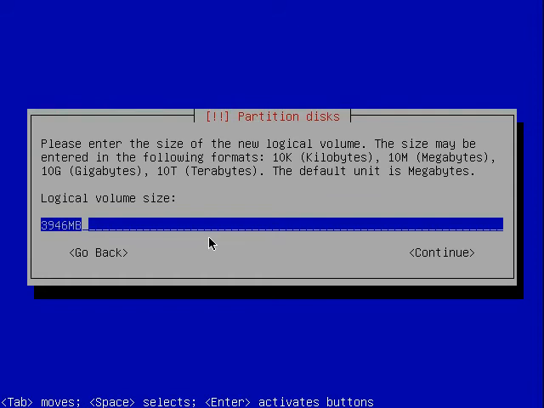A server, on the other hand, typically does not have as many applications to install, and you can probably get away with, let's say, 500 megabytes, half a gig. And remember, we can change all this later on. So we just have to make sure this is enough for the initial setup. And after that, if we run out of space, we can always expand that. So you click continue,